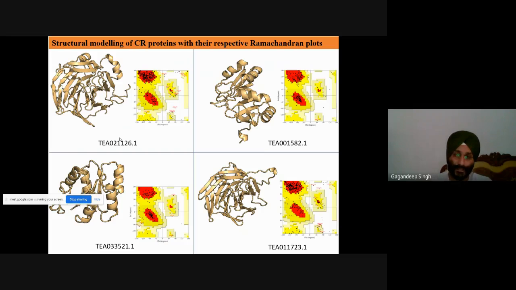And this is basically the structural biology aspect, meaning when we have identified genes, what is the protein product of those genes? What is the structure of that protein? This is part of structural biology as well. From next generation sequencing, what is the protein product? What is the structure of that protein? We can easily model the protein structure.